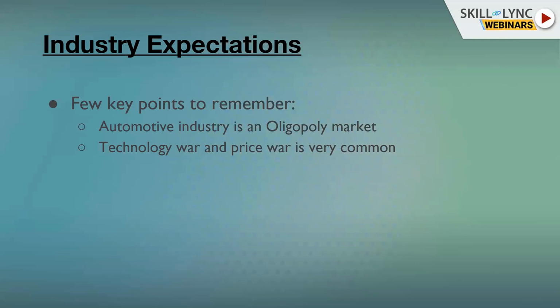Then comes the price war. A price war means a deeper understanding of current technology to find ways to reduce cost. For example, again in mobiles, Xiaomi phones are good and very cheap. They might not bring the latest technology to the market first, but once Apple or another company launches something, they understand the technology, reduce the cost, and then bring those things out. Similarly, car manufacturers also rely on these things.